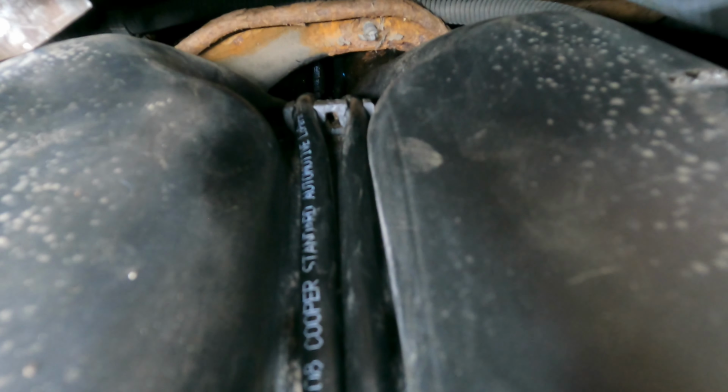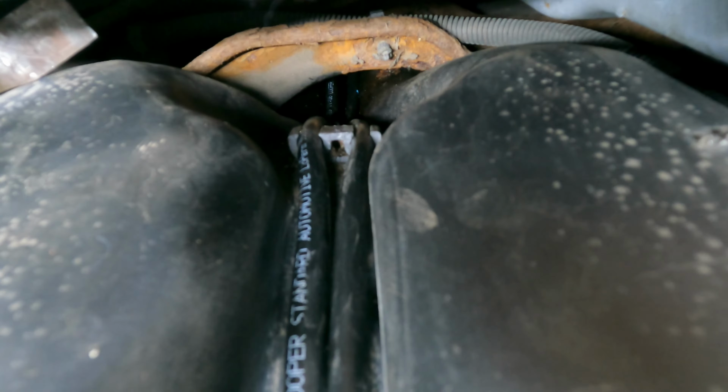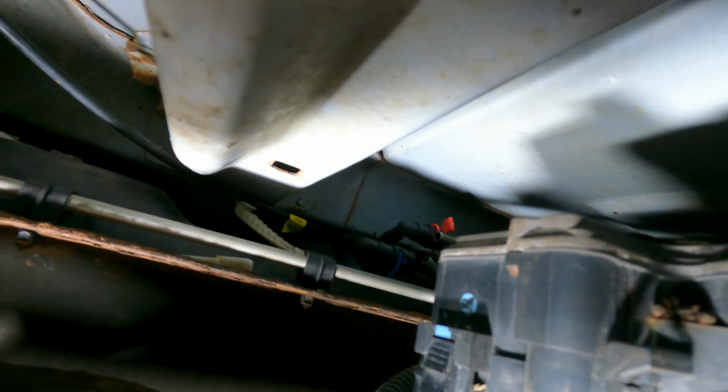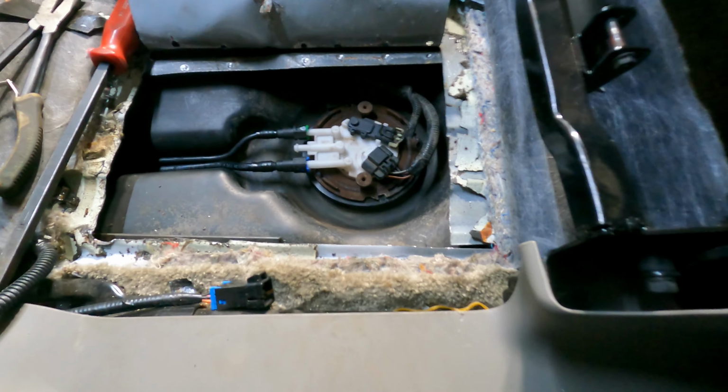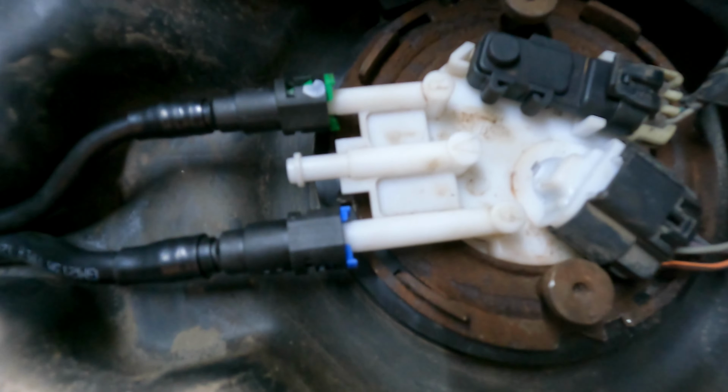You can see them in the clip there, and they go underneath. Beautiful. Okay, so everything is looking nice and dry. We have no leaks, and